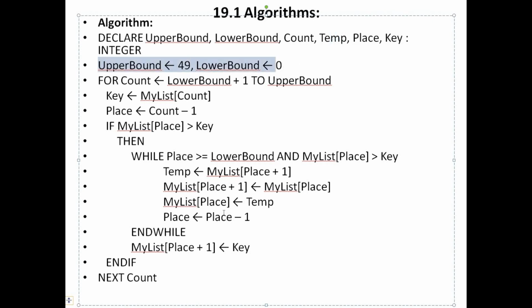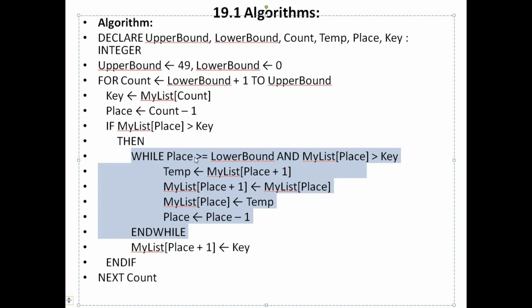So first of all, we'll assign values to upper and lower bound according to our array. Now we are going to run a for loop: for count from lower bound plus 1 to upper bound. Key would be the value in my list count, and place will be count minus 1. If you are working on a string array, then key and temp will need to be string data type variables. If my list place, or my list count minus 1, is greater than key, then you run a